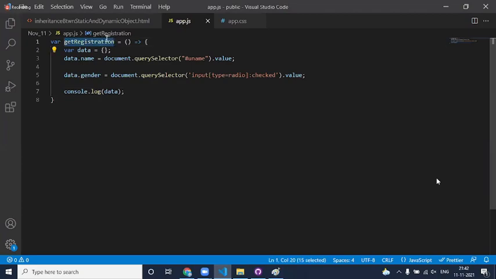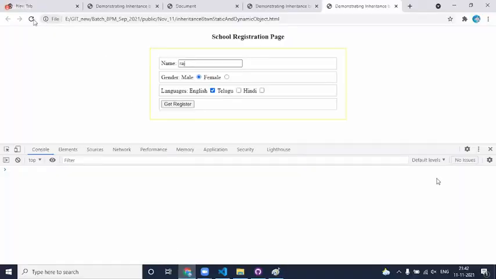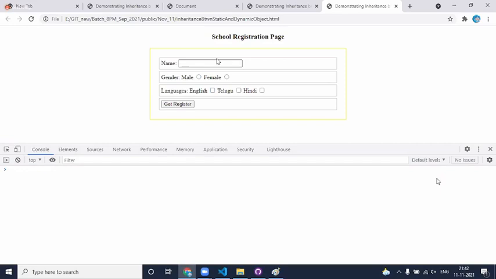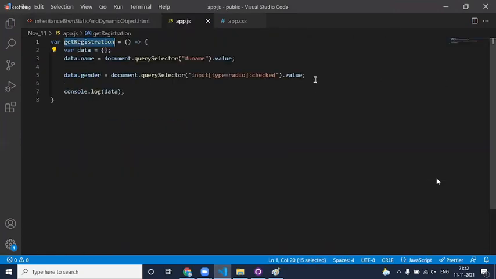Haven't I given the onclick? I gave it, right? Then why is it not running? Okay, fine. Now name Raj, gender male. Click on register. Now if you see, am I getting this Raj and gender? Yes.